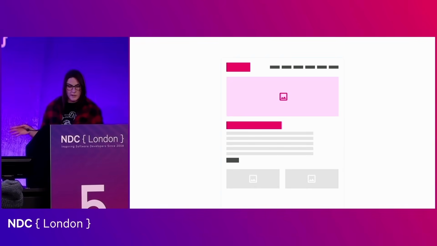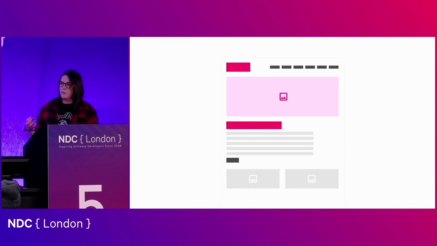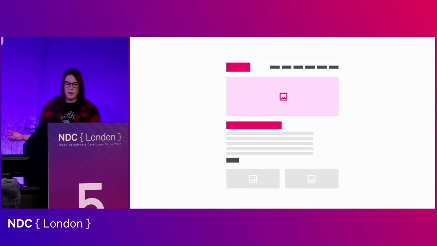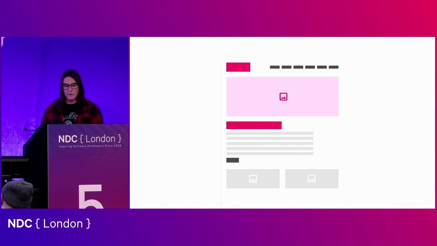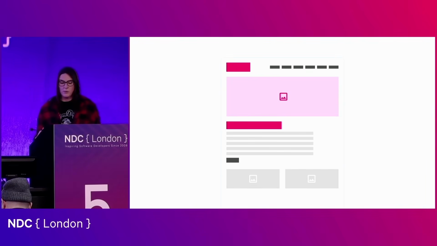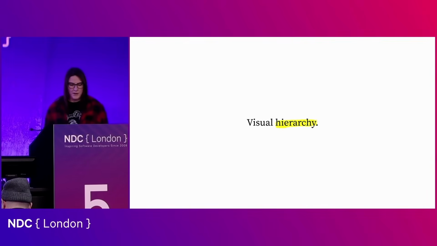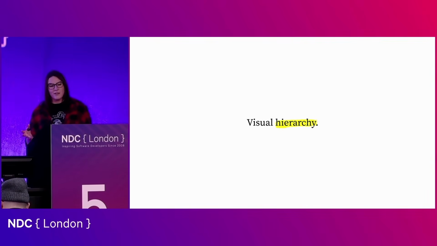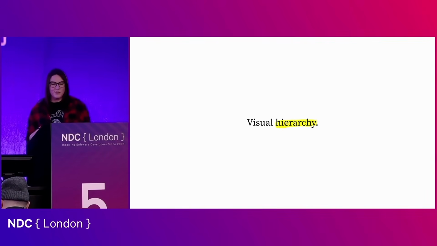So that starting point on the page is really important. We need to create a bit of a focal point. And if we're on a web page, for example, that might be the logo or a header image. If we're on a simpler screen, it might just be a large title. So that depends what you're designing for. But giving users a way to identify where they are and a starting point for that reading pattern is helpful. And then that's followed up by applying visual hierarchy. So what I mean by that is using visual techniques to create an order and structure to our content and help those scan readers when they're judging what's important on the page.